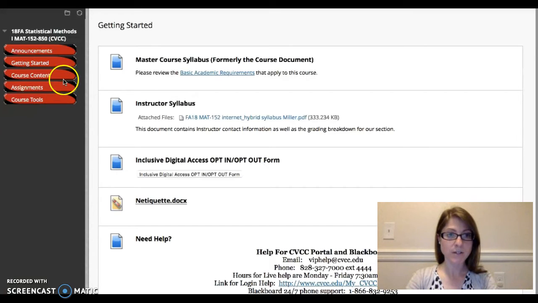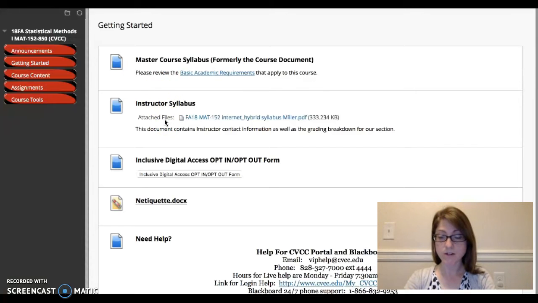The first place you need to go is the Getting Started tab. There are two documents that you'll need to read carefully to get started with the course. The first is the Master Course Syllabus, which gives the student learning outcomes, prerequisites, and all the basic information that's common to all Math 152 courses. The second is the Instructor Syllabus that gives information specific to our section, including my contact information, office hours, and